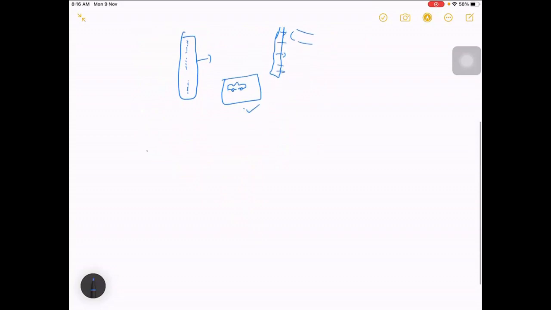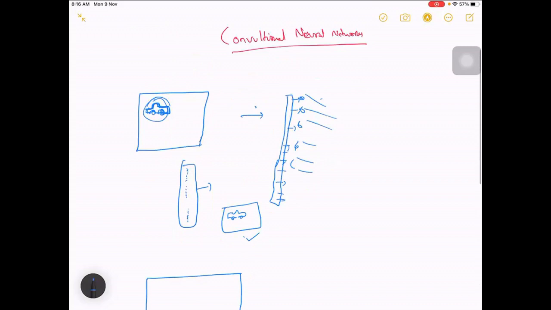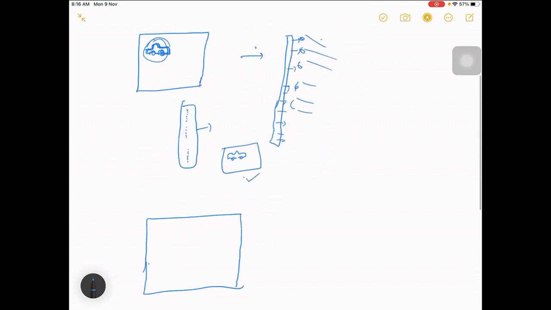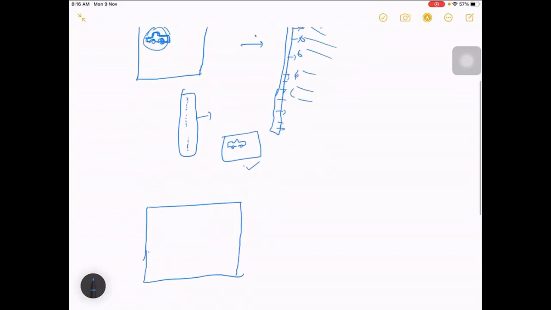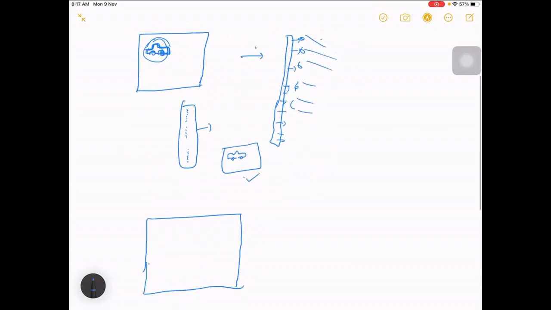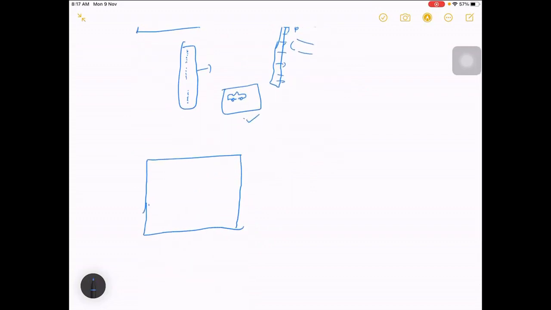So what the convolution operation will do is, let's say this is your image. If you take the whole image, we can't actually do that, because in a single convolution you would have to pass the entire image. Instead, they take a box for processing, which we call a filter.